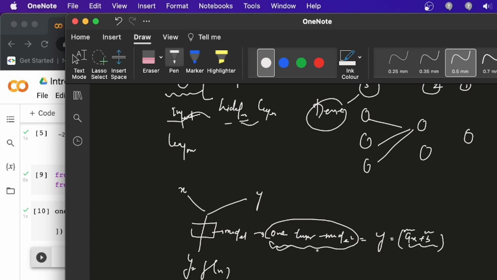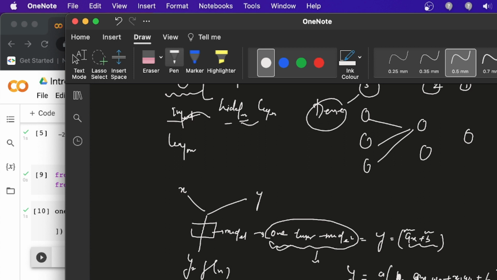In the case of a neural network, y is like the activation function of the hypothesis. The hypothesis is like x0 w0, x1 w1, and b, because there are two inputs only. So y is like activation of x, w transpose, and b.